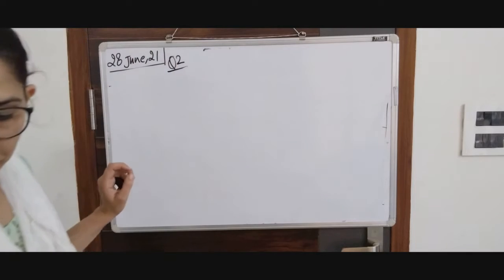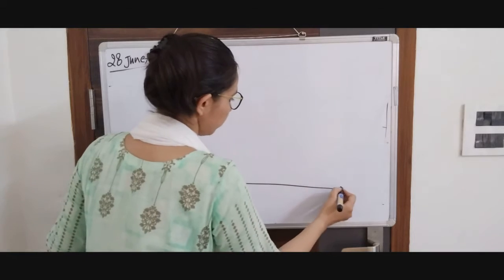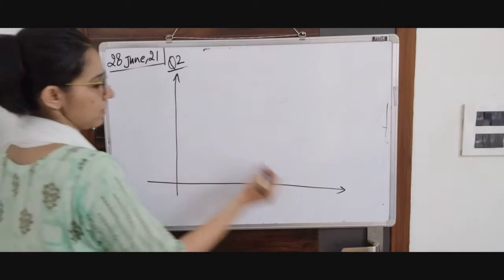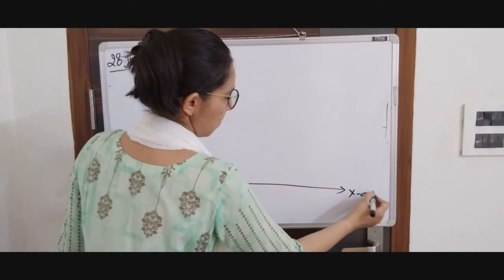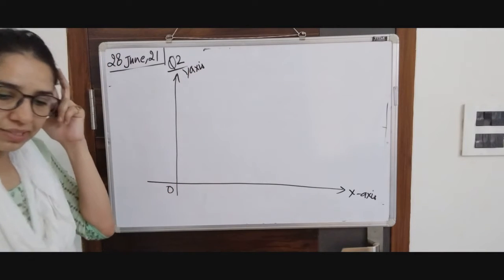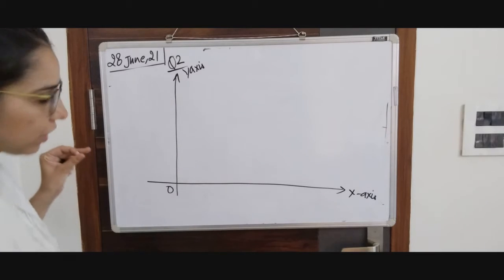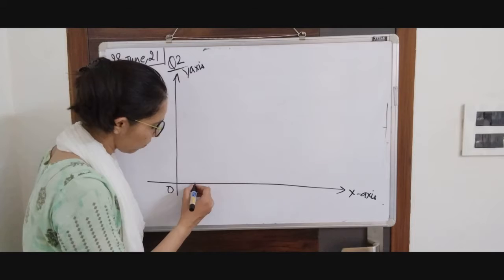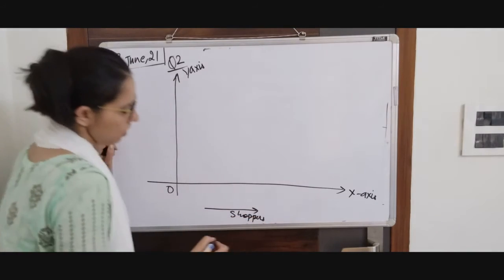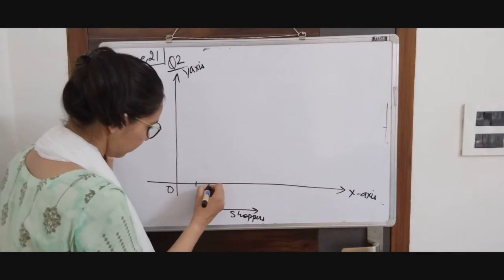Now in this table, you have to represent your bar graph using pen, pencil and on the graph paper. This is your axis. First step is this. Second step is you have to choose your axis for different data. On one side you have to write the shoppers. It is men.